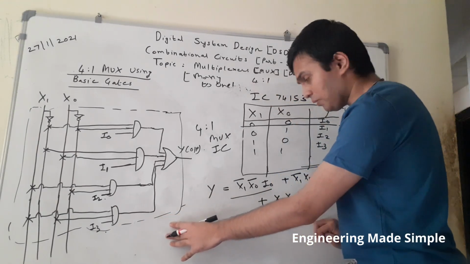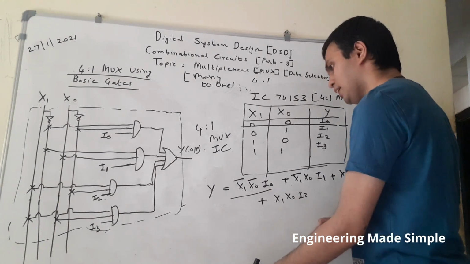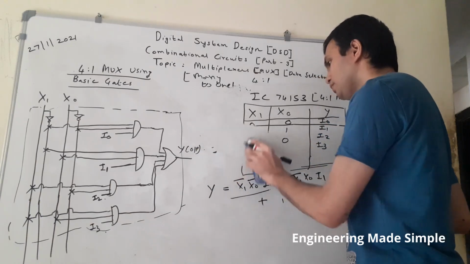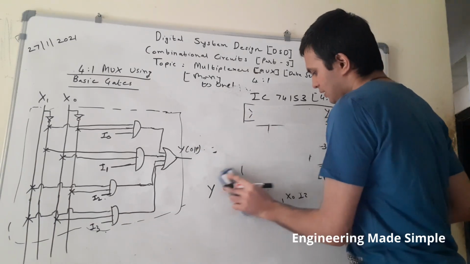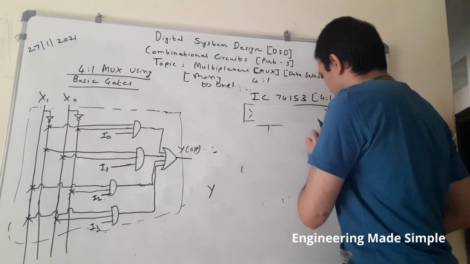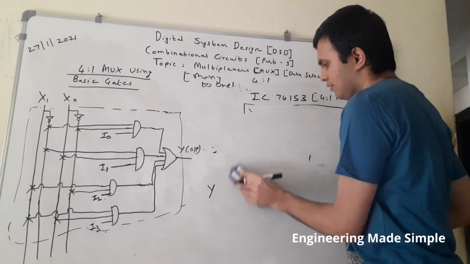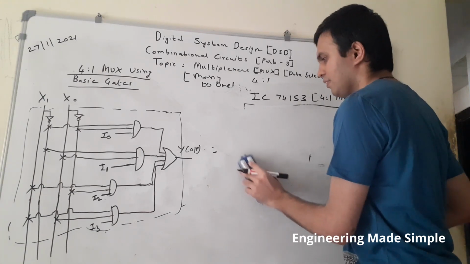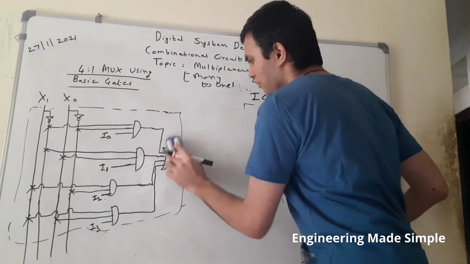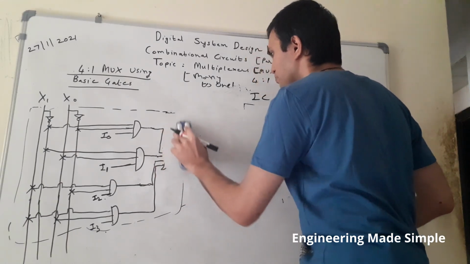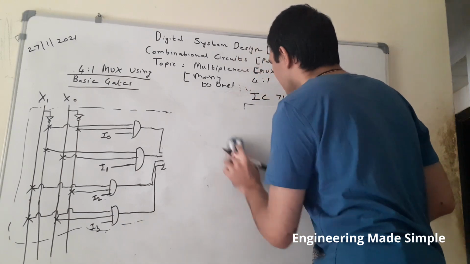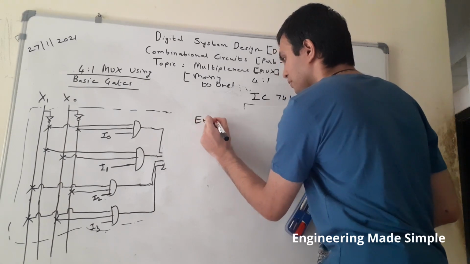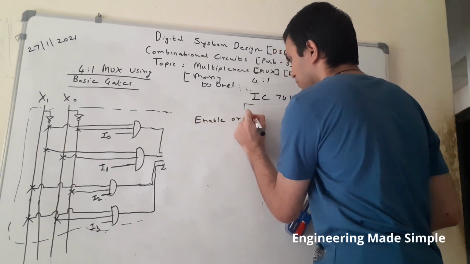Now there is one more input known as the enable input. Now we will study what modifications will be there in that case. So here only I will do the modification. So I will erase this much part now. So what is enable or strobe input